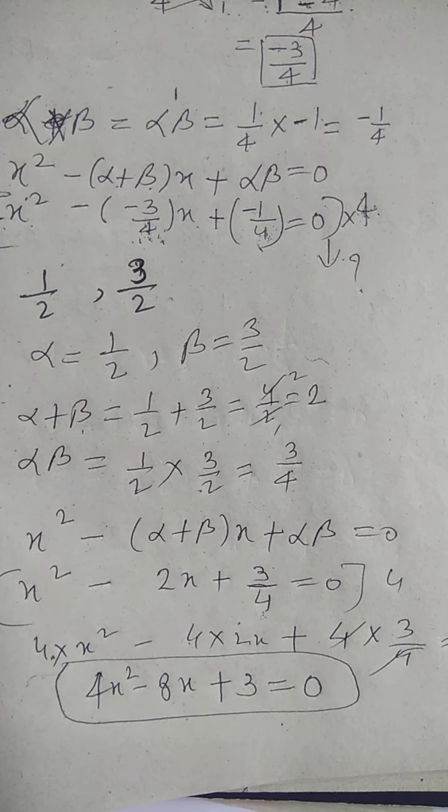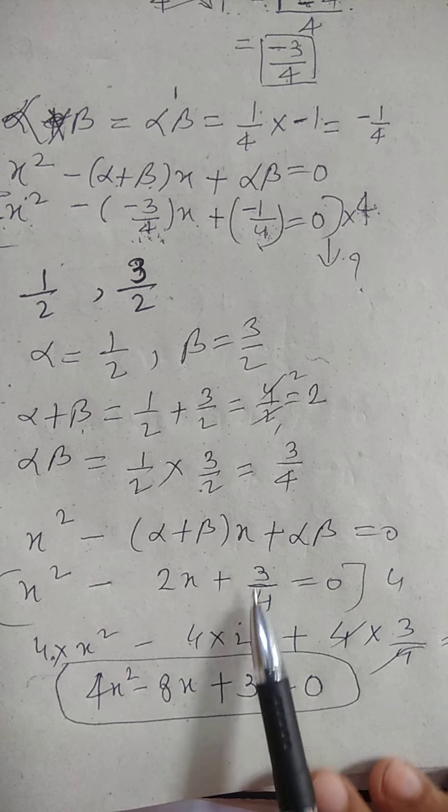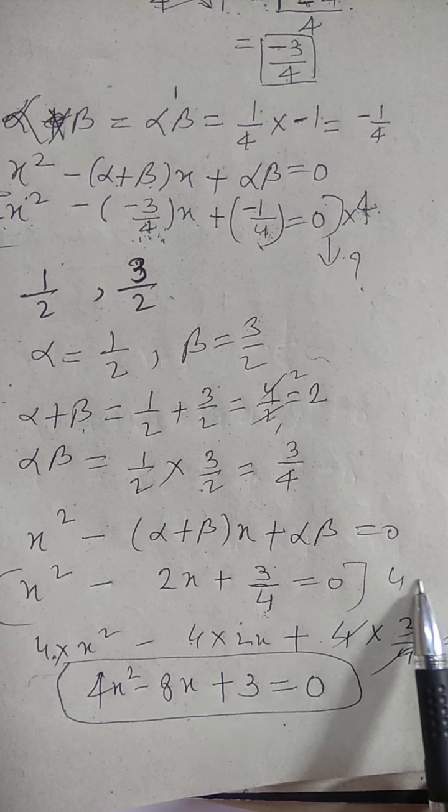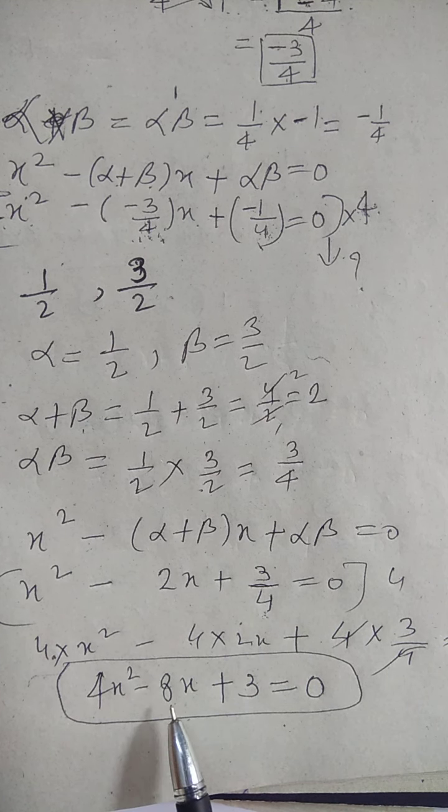Okay. I hope you all understood how to write the quadratic equation when alpha and beta are given, or the sum of roots and product of roots are given. If alpha and beta are given directly, you find the sum of roots and product of roots and substitute in the formula. If the product of roots and sum of roots are given directly, simply substitute those values in the formula and calculate. Suppose there is any denominator, multiply all the terms with that denominator, and you will get it into this simple form. Okay.